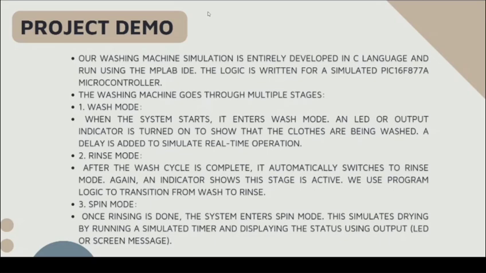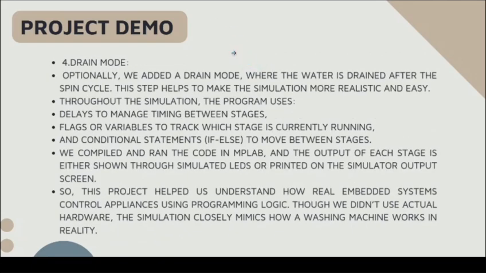First, the wash mode. The system starts and an LED or output indicates the washing process with delays to mimic real-time operation. Next is the transition to rinse mode, using program logic to switch stages with an indicator showing it's active. After rinsing, it enters spin mode to simulate drying, displaying the status via LEDs or screen messages, and drain mode. It's optional. We added a drain mode to make the simulation more realistic. Draining water